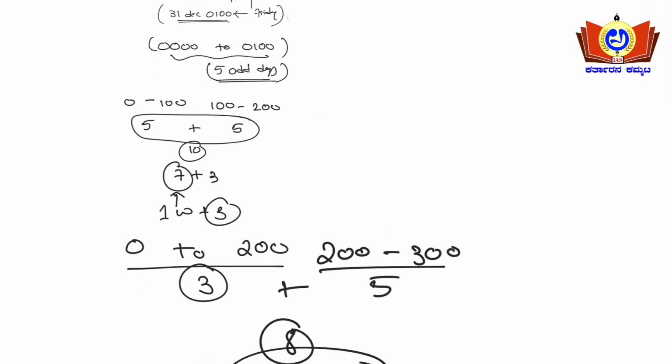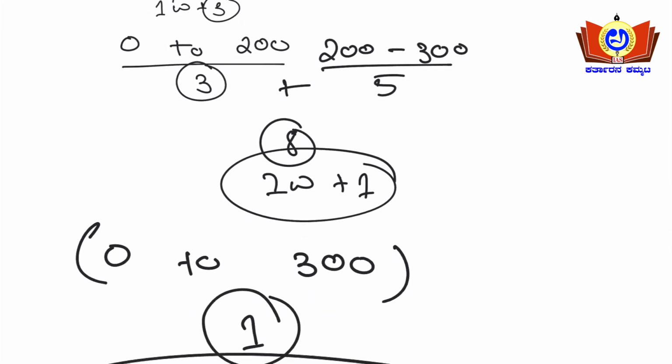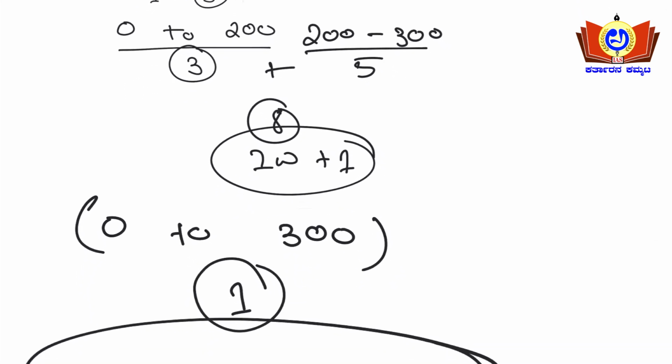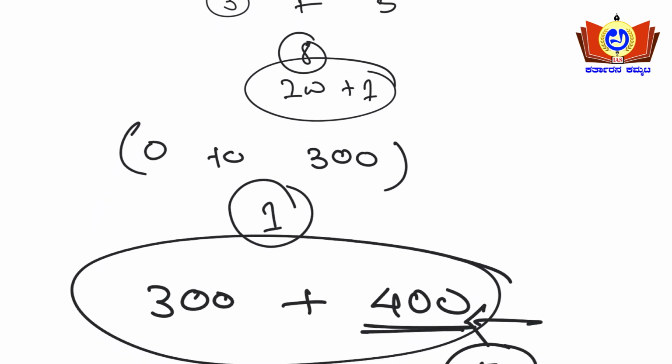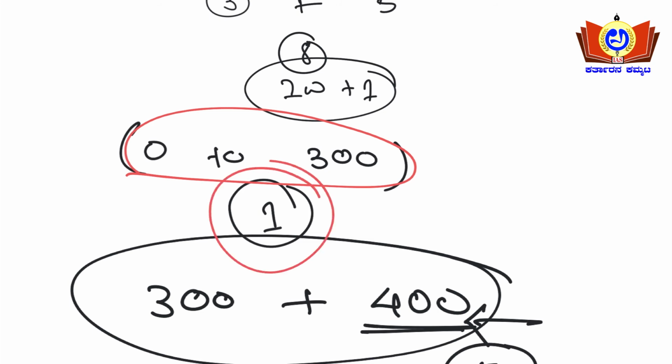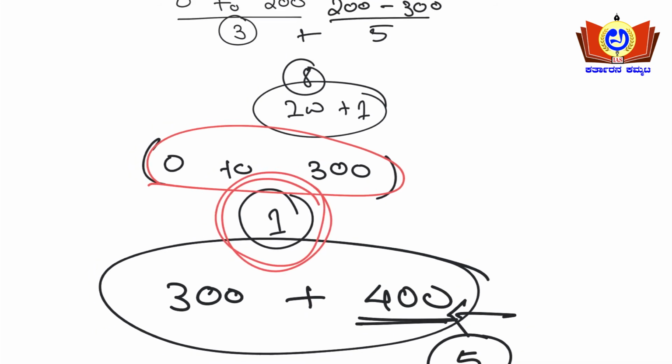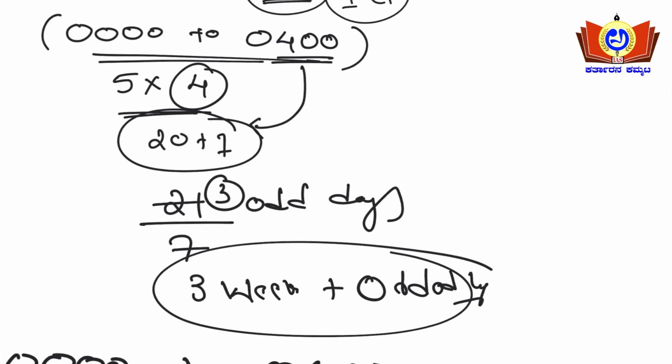0 to 100 and 100 to 200. Okay, and 200 to 300. So 0 to 300 means actually 1 odd day. See here guys, we have calculated earlier here, 0 to 300 means actually one odd day will be there. Yes or no? So similarly here,